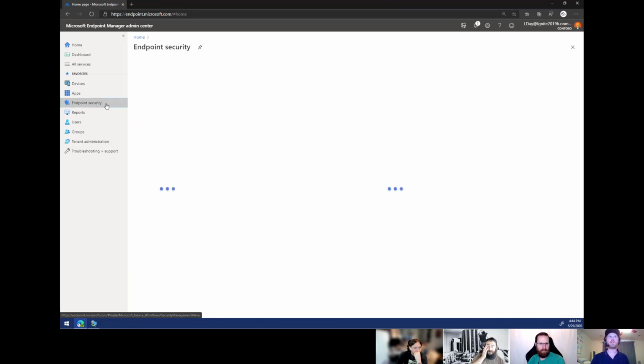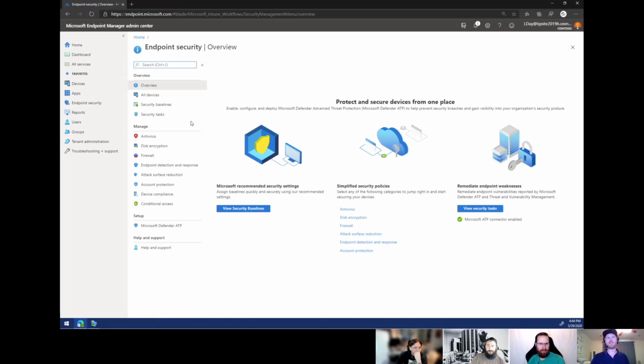So we built out this endpoint security node, and the goal of this endpoint security node is to build all those dedicated sec admin experiences in here. Much of the configuration in these policies and so forth is available elsewhere in the Intune console. Like if you look at the all devices list, this is exactly the same as the all devices list that's in devices. But we put it in here because we know that a sec admin coming in and looking at AV exclusions or making sure the